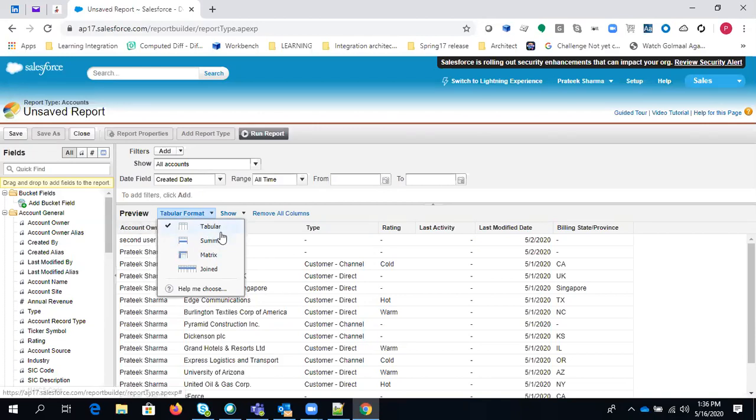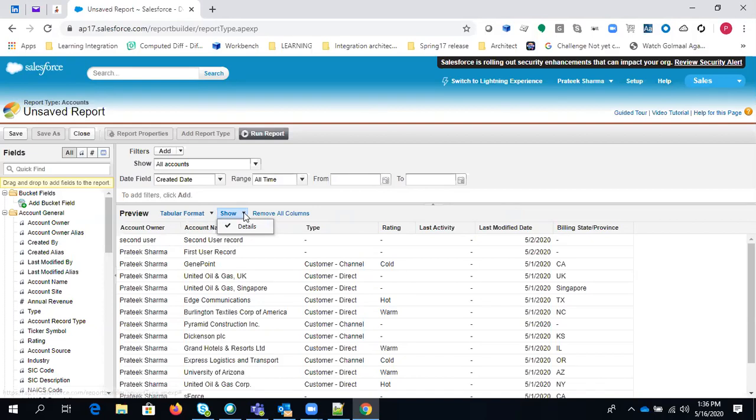One is the tabular format. Tabular format will give you information in a table format, in which you will have columns and rows, like we have in a spreadsheet. So it can give you information just like an Excel or a spreadsheet. And then the summary report; we'll discuss matrix and join reports in detail. So these are the four types of reports we can generate in Salesforce.